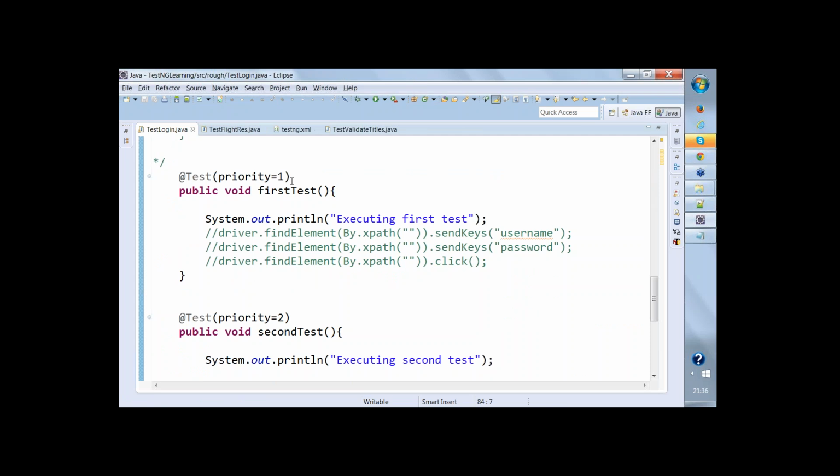Now let's say I'll again rename it to login test and rename the other to, let's say, enter user details test. Now first the login one will be executed, then the second test will be executed. So I'll change it to login and user details. Right, because after logging into the website, I will be entering the user information. Now what happens